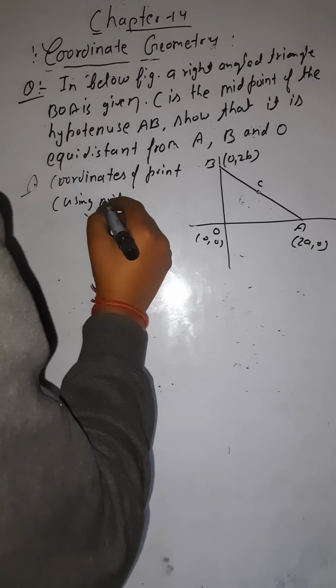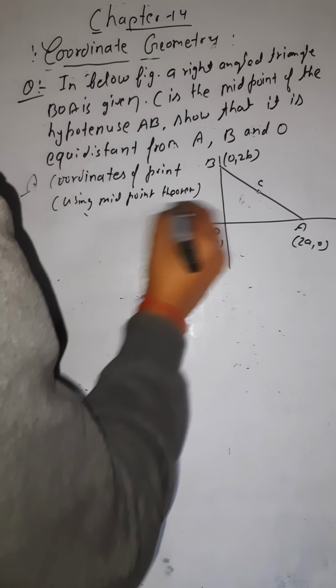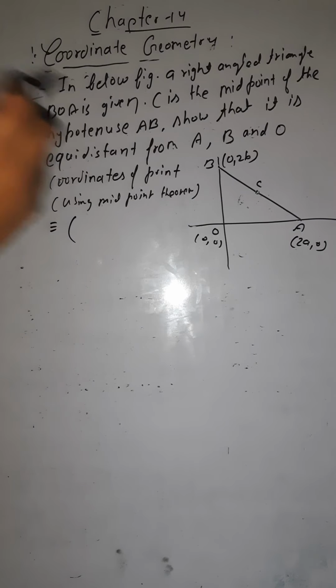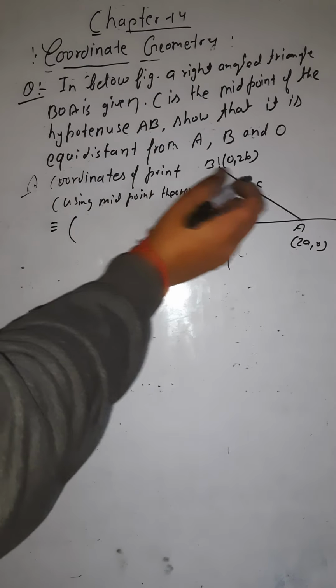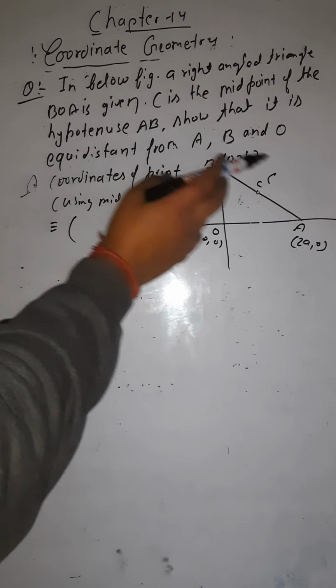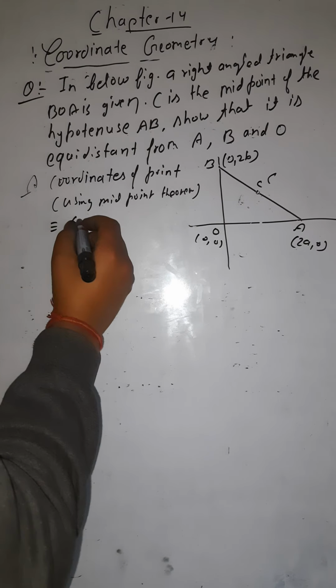Using midpoint theorem. What are the coordinates? Can you tell me the coordinates of C? Yes, I would use here midpoint theorem. So the first coordinate would be equal to its first plus its first divided by 2, meaning 0 plus 2a,